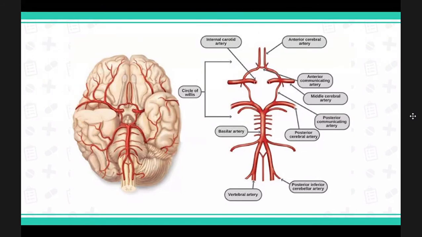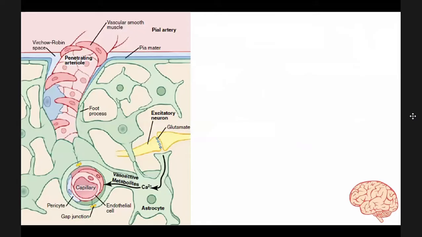So this circle of Willis is coming from the basal portion of the brain, meaning sa ilalim, and then it will spread towards the center and the lateral and the superior portion of the brain. Okay? Ay ko na mga turo-turo. All right. So